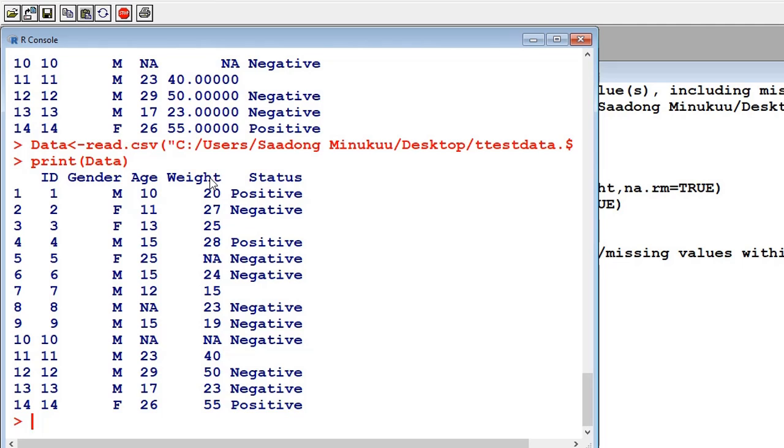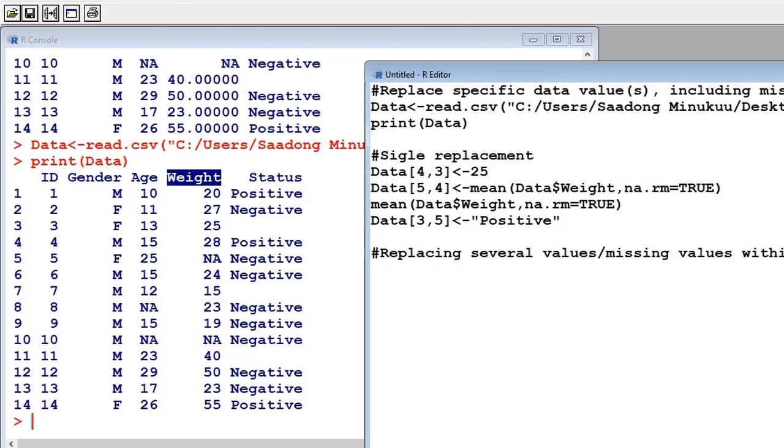So let's start with the first condition, which is what? By instructing R to replace, for instance, all patients with their weight greater than 25 by 30. How do we do that? Let's put greater than 25, let's put 30. So to do this within this particular column, which is weight, how do we do that? So we simply say